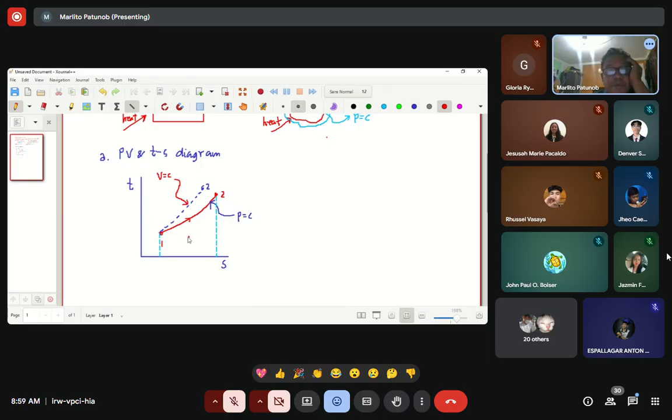This one is Q. Okay, so the area bounded by the curve in the TS diagram is always Q. Okay. And in the PV diagram, in a pressure and volume diagram,